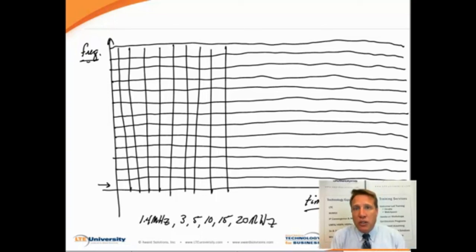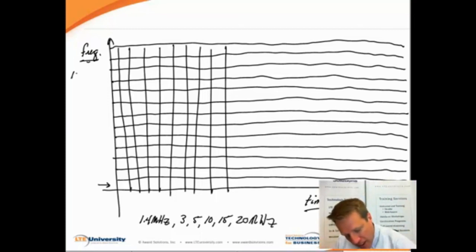Just like the larger the pipe is, the more water you're going to be able to get through that. And so an operator deploying LTE with a 10 megahertz band is going to be able to get a lot more data through there than an operator deploying LTE at 1.4 megahertz or 3 megahertz in a 1.4 or 3 megahertz band. So depending on how big your band is that you're deploying LTE in, that dictates how many of these blocks that you are able to assign.